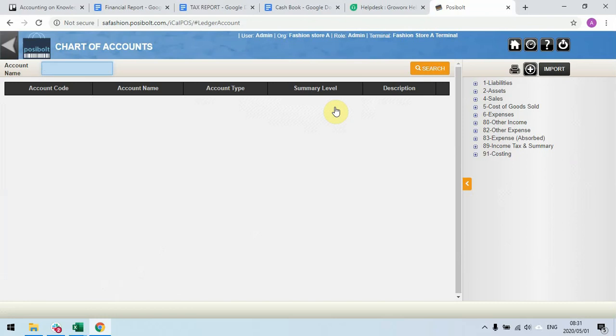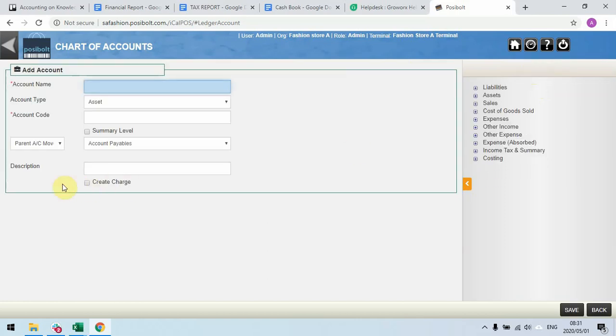This section provides the information on how to create and manage accounts for your system. So we're going to do an example by creating one account. Let's create a salaries account. So to create a new one, you go to the create button. In the create button, you find these fields. Your account name, which in this instance will be salaries,